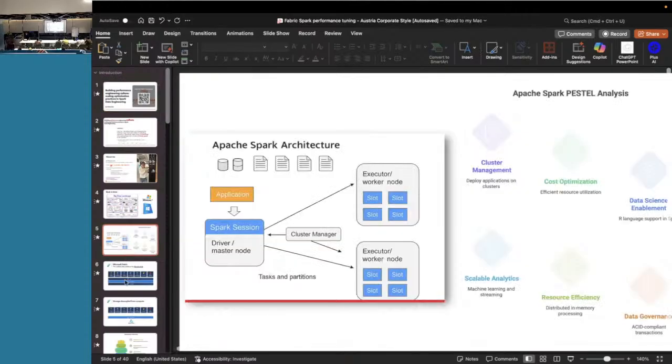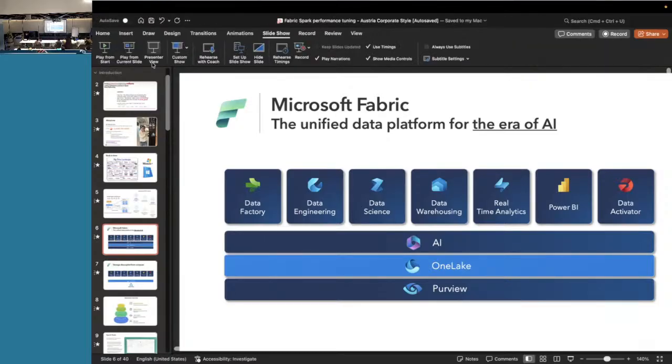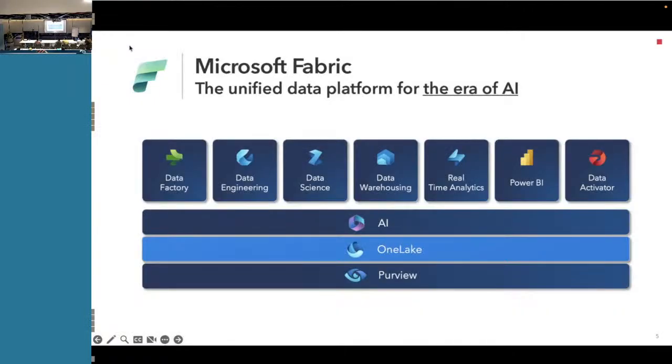Good. So now, in terms of Microsoft Fabric, let's start with that, and I will go full screen. Microsoft Fabric is the unified data platform. It's a SaaS-based data platform. It means that for the very first time, you are getting an engine that allows you to process big data, data coming from different systems through different engines.